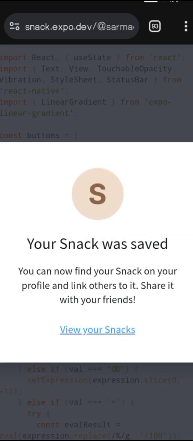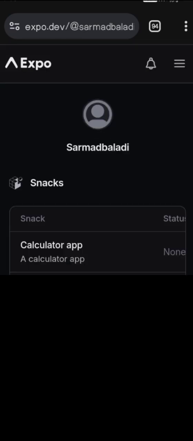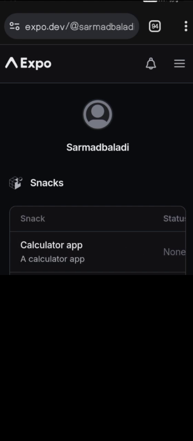Save it. Now click the view your snacks. Now you can see our project is ready. Now click the project. Here you can see the name calculator app,